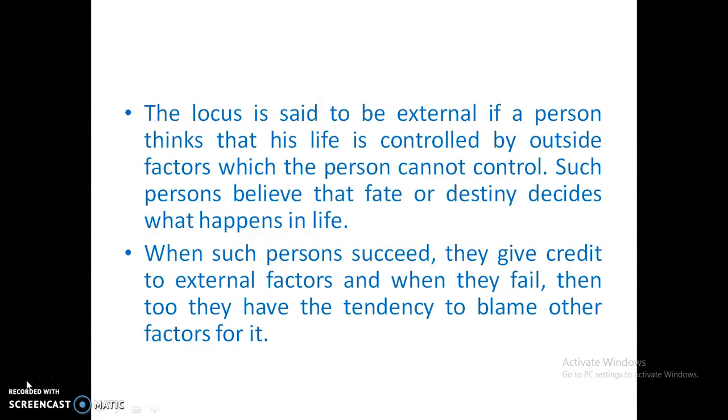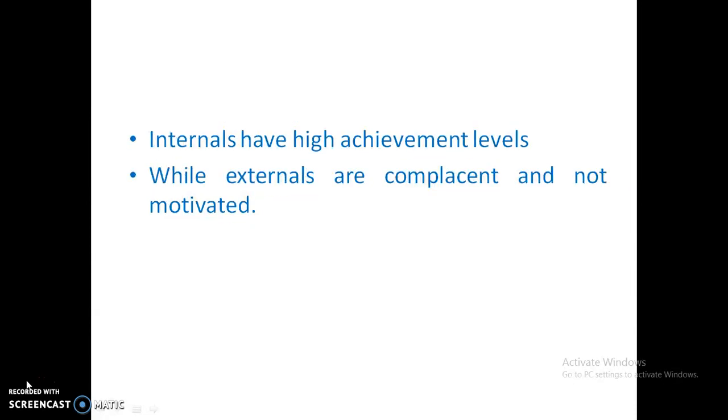A person having an internal locus of control would surely blame himself or herself, or take the credit, for whatever success he or she achieves. So internals have high achievement levels. They set goals for themselves, they work hard to achieve those, and they get motivated whenever they achieve something. While externals are very complacent. Whatever they have achieved, they are happy with that. They don't want to push themselves, they don't want to take any extra effort, and